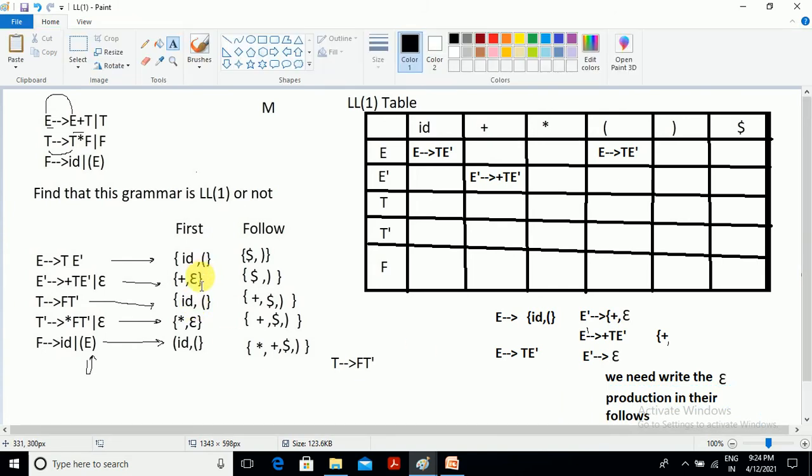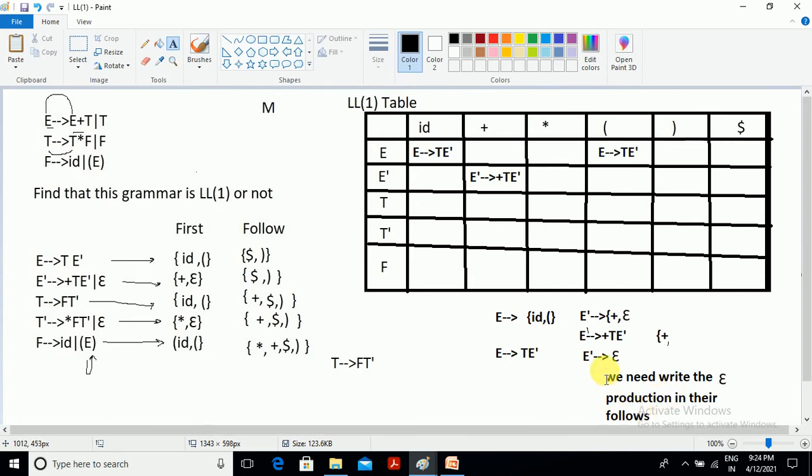For epsilon, actually we would need to find another column, but no column is needed for a null replacement; it is only the null replacement. So we should fill for the epsilon also. In this case, we fill that epsilon production for the variable in their follows.